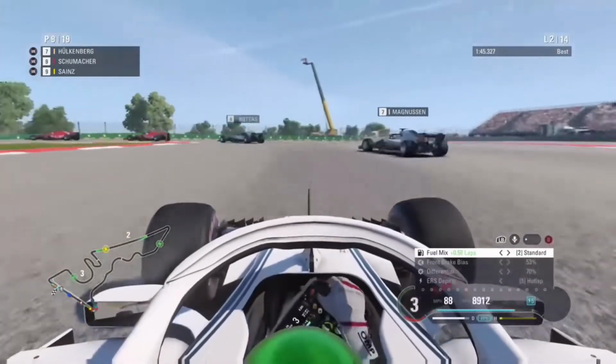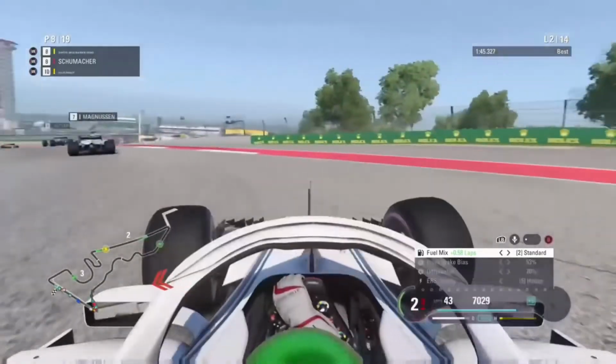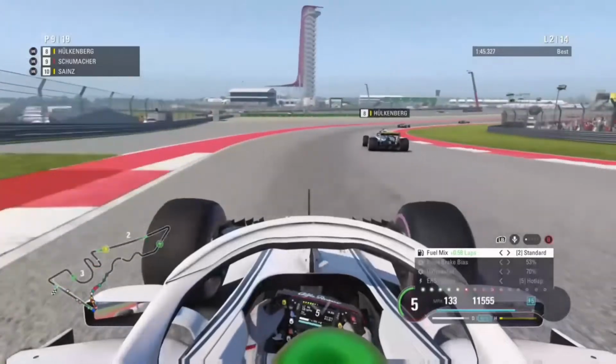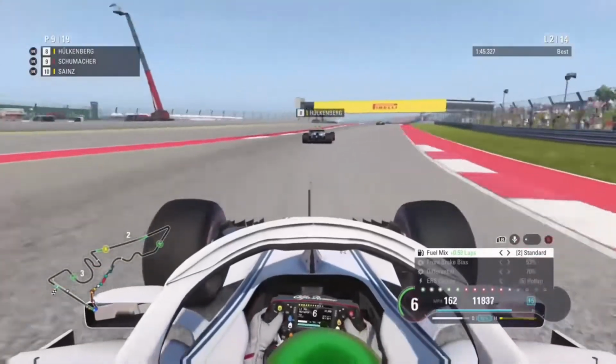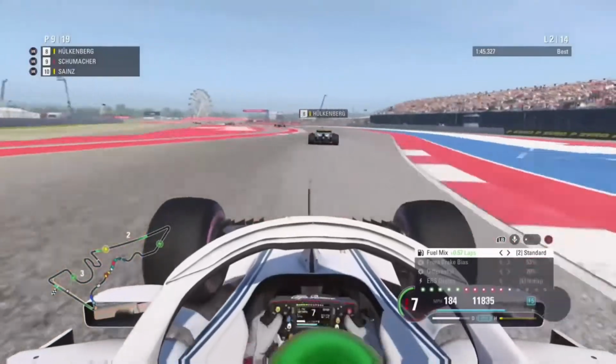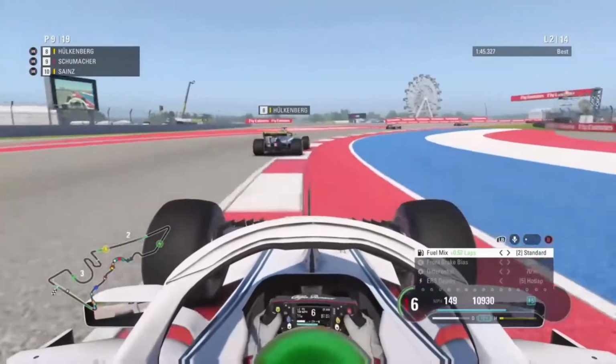We do look a little bit far back. We dive down the inside, locking up a little bit. And Hulkenberg cuts back underneath us and says, no, you're not coming through like that, mate. And he's back into P8. We're down to P9. We've got to find our way back past Hulkenberg again, with the S's in Sector 1